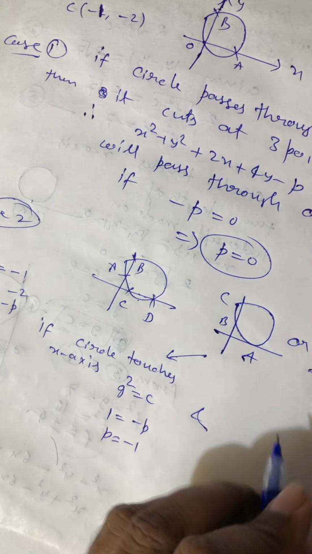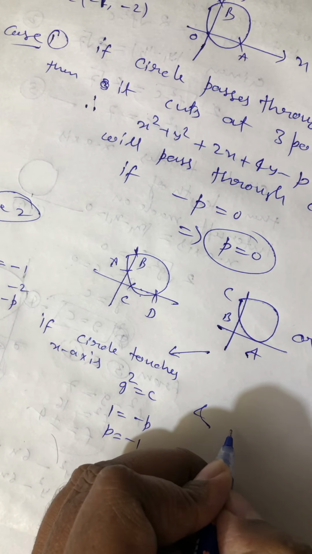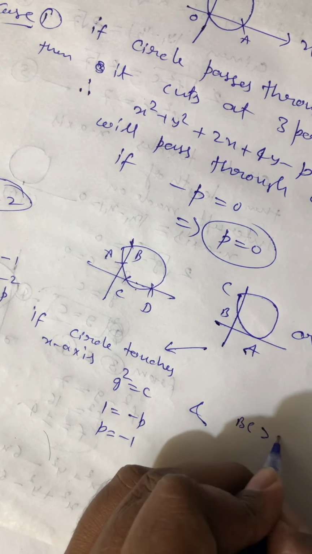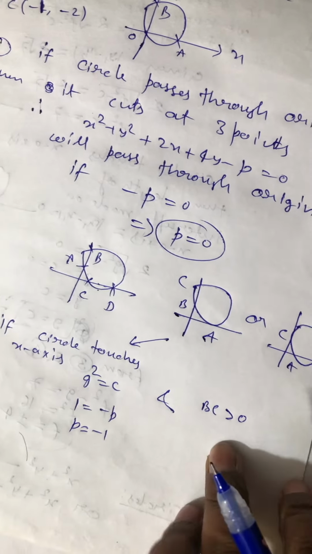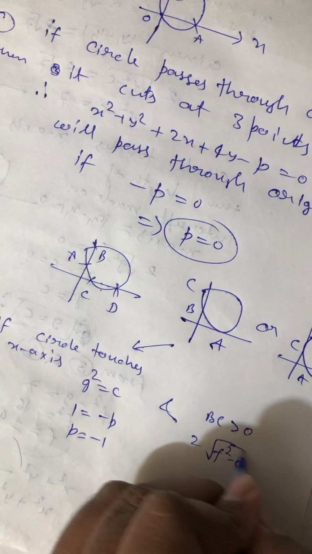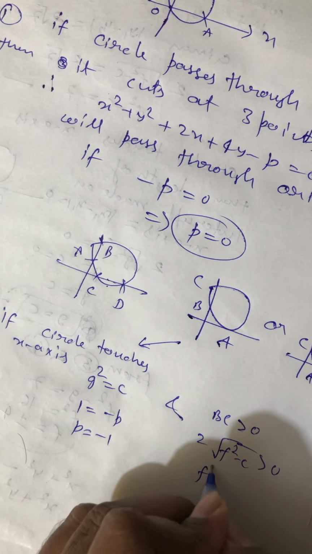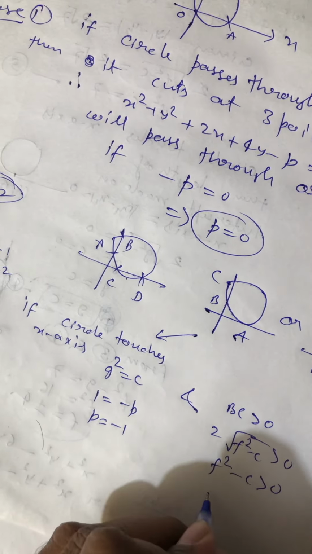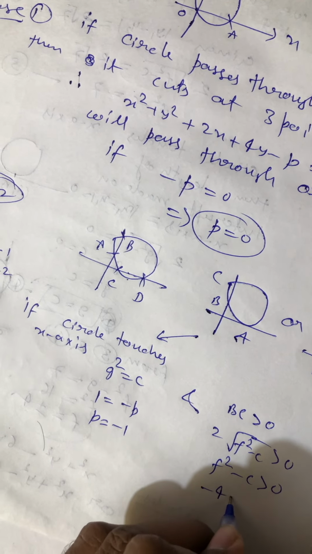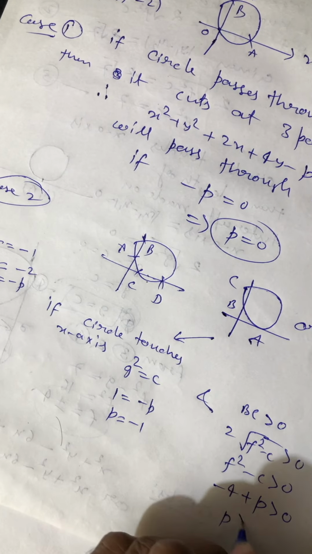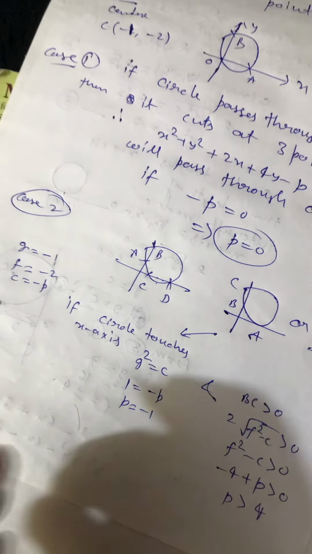एंड 2√(f² - c) should be greater than 0। ये पॉजिटिव वैल्यू होनी चाहिए क्योंकि इंटरसेप्ट अवेलेबल है। तो ये होगा 2√(f² - c) greater than 0। स्क्वायर करेंगे f² - c greater than 0। f is -2 that is 4, -c is +p, greater than 0 means p greater than -4। कुछ ऐसा केस बनेगा।